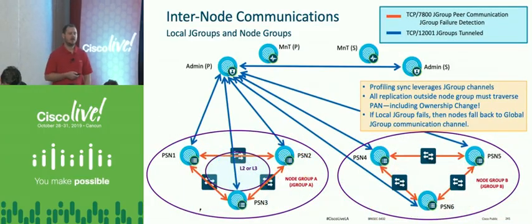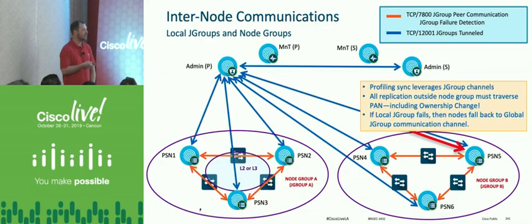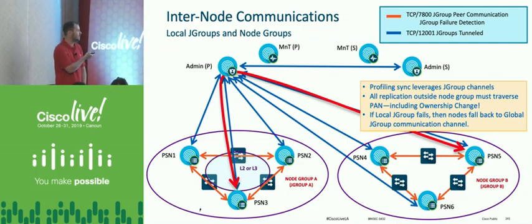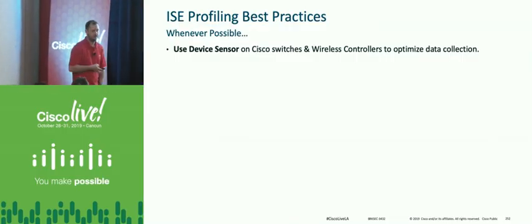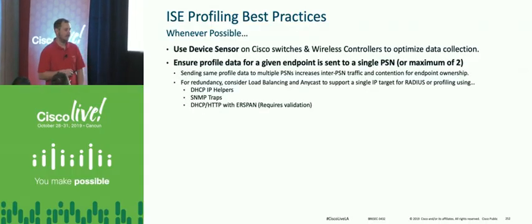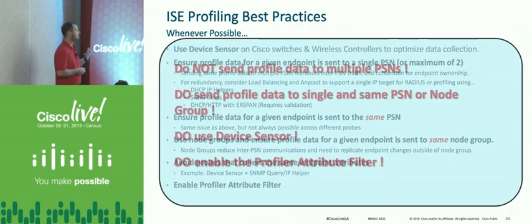Now the way this works is when I have multiple node groups, same thing. So I'm actually going to leverage those JGroup channels, and only when things like ownership changes happen will I send global replications. Now more for reference later on than for today, but some key best practices that I want to call out: